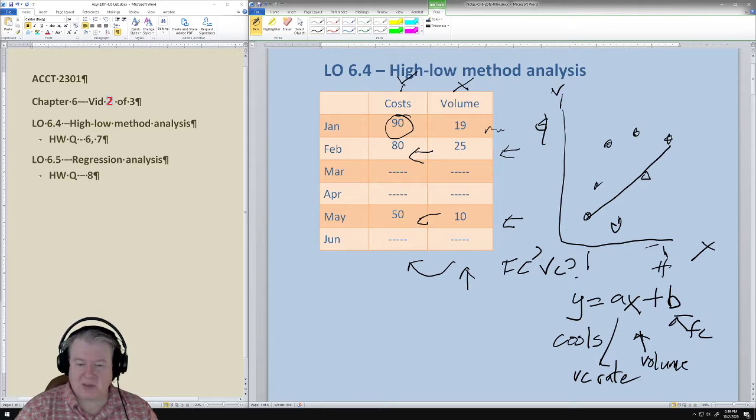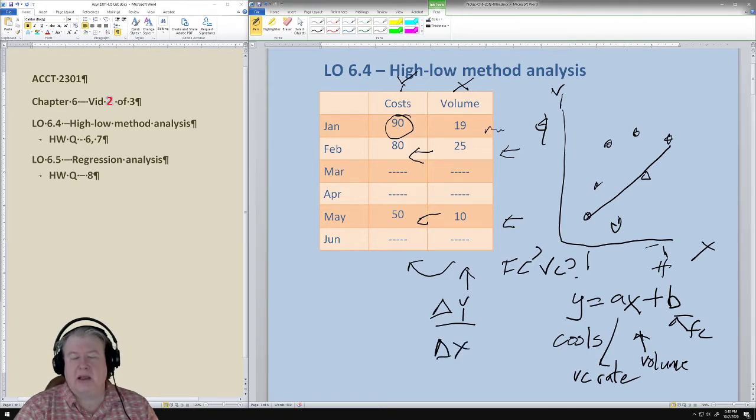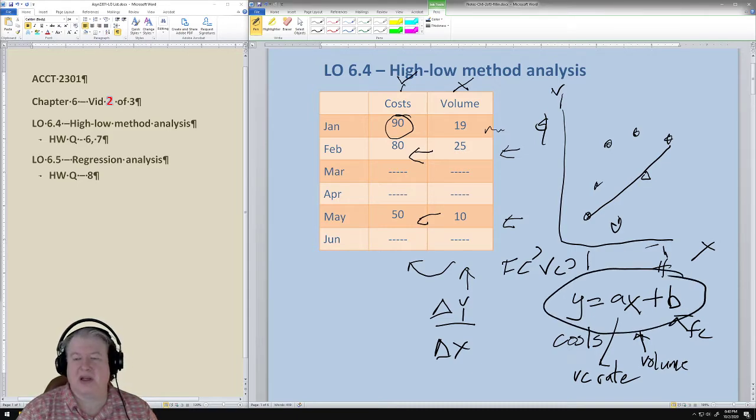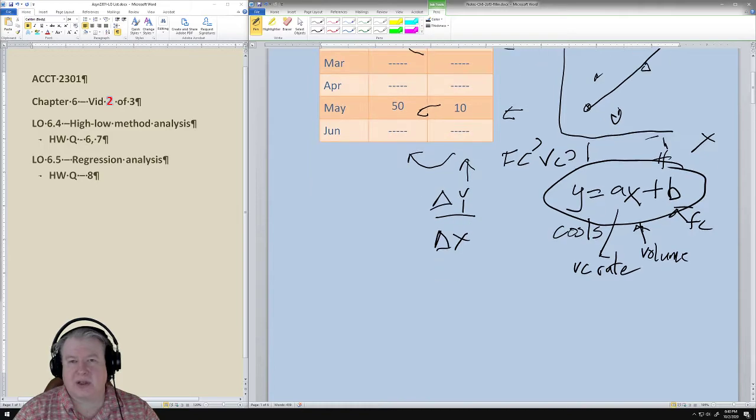What we're going to do is basically figure out the slope of the line, which is the change in y over the change in x, and we will come up with a whole equation. Rather than do that here, we're going to look at it in a problem. Just remember that we're going to focus on the high and the low x and the representing costs that go along with it, and then work out an equation, and we're going to end up with something like this in each situation. So let's take a look at the first